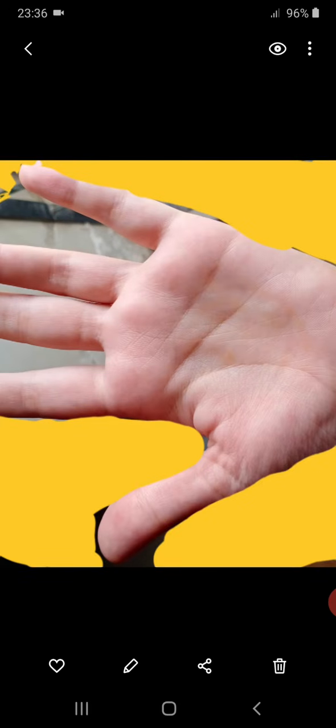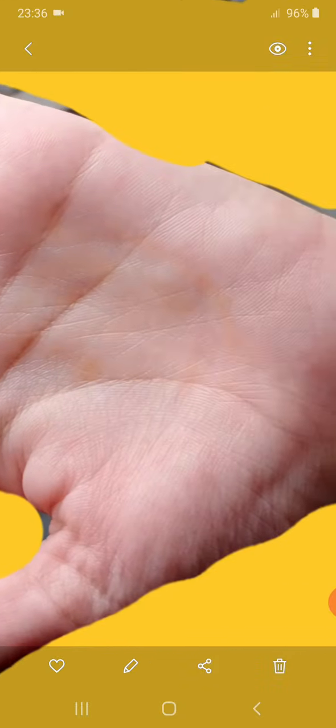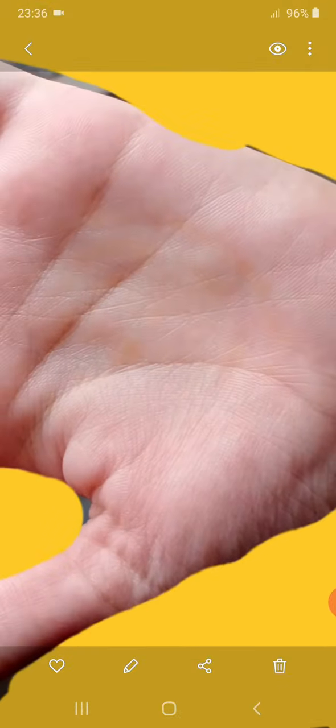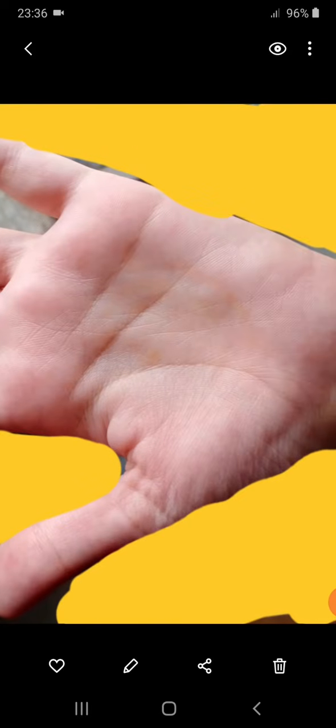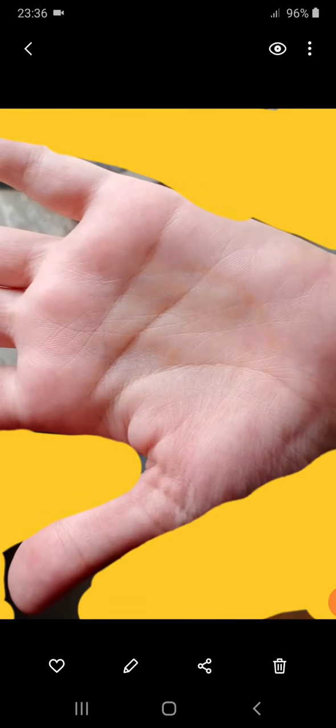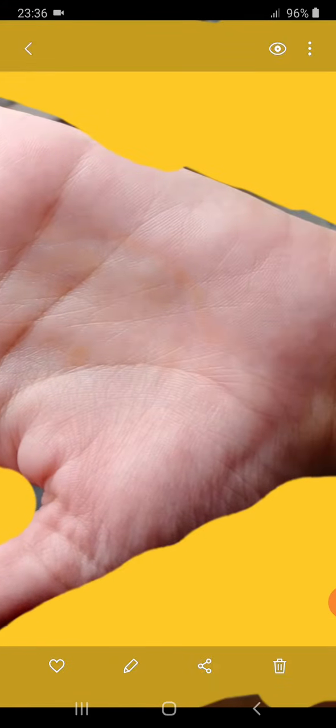So let's get into the palm. Now see, the analysis part of this palm, I would not go too deep into this palm because I've already given the predictive part of this palm to the person. Here I just want to have a quick overview of the palm because there are some things which I felt I should kind of elaborate in this palm.